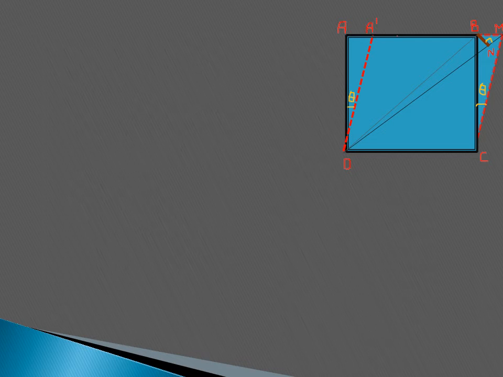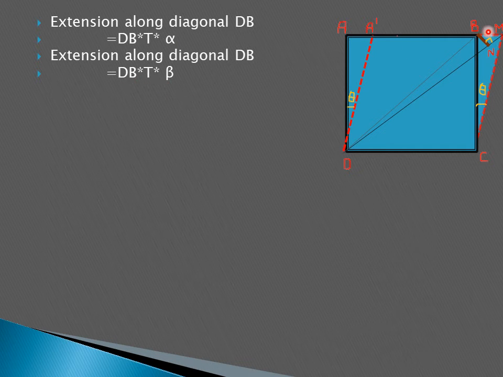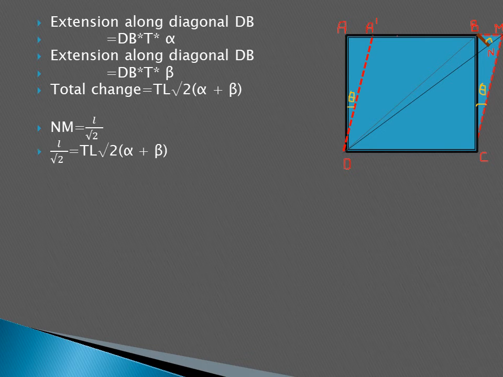Now we can observe that diagonal BD would expand and diagonal AC would contract. Thus, extension in BD due to expansion would be equal to dB into tangential force into alpha, and extension along dB due to contraction would be equal to dB into tangential force into beta. Here dB is equal to L into root 2, and thus the total change would be equal to tangential force into L root 2 into (alpha plus beta). If we observe the diagram, this total change would be equal to NM, that is l by root 2. On transposing l by root 2 to the other side, we get,